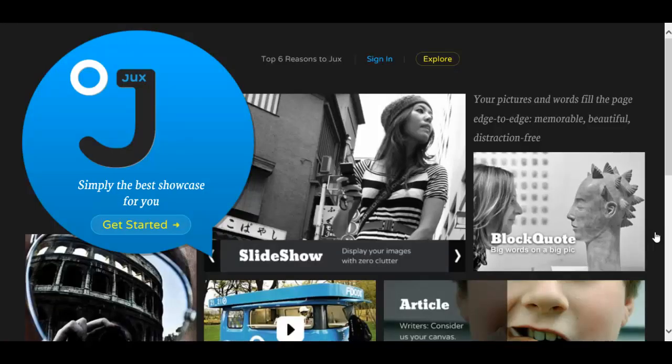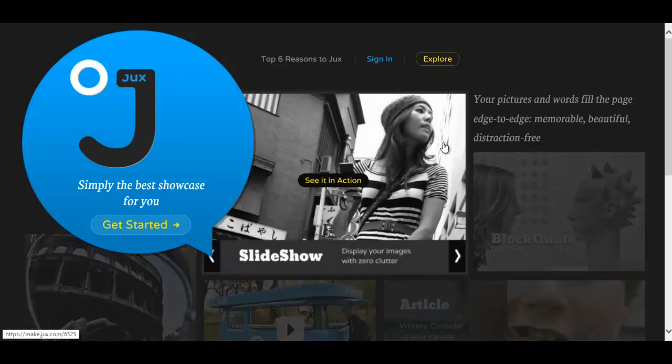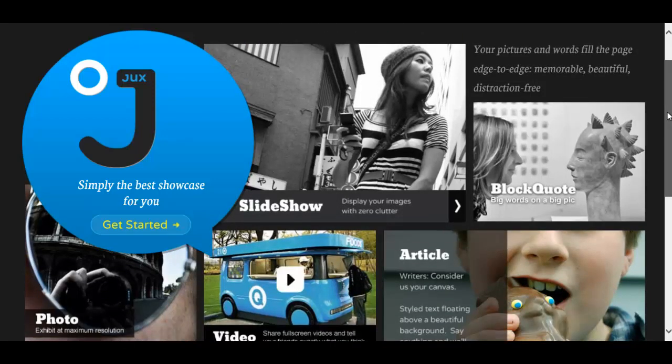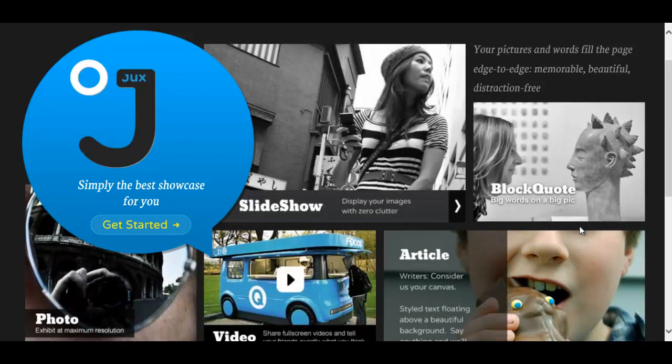Jux's website is simple. It's https://jux.com, or you can just simply type in www.jux.com and it will bring it up for you. Here we have the home page. It's going to give you just examples of people's work. The good thing about Jux is you're not just limited to a slideshow. You can add photos, you can do videos, you can do article types similar to a newspaper, you can do